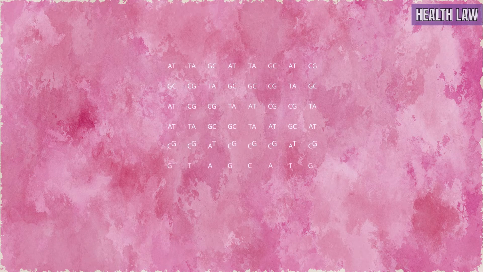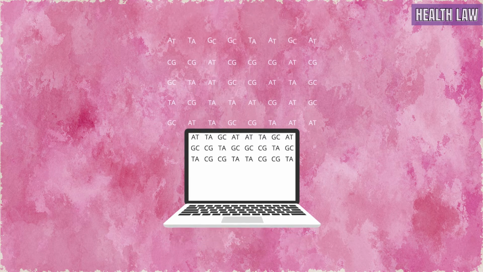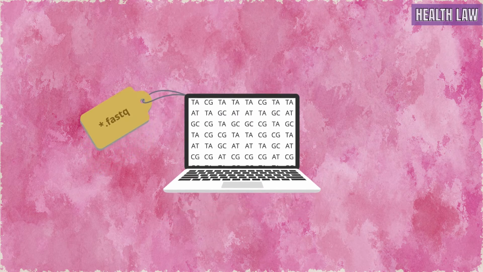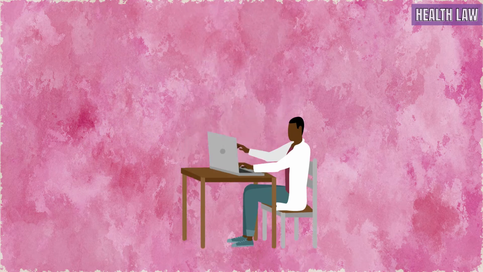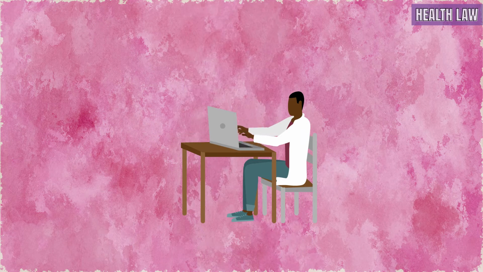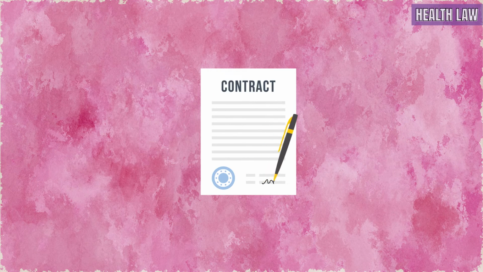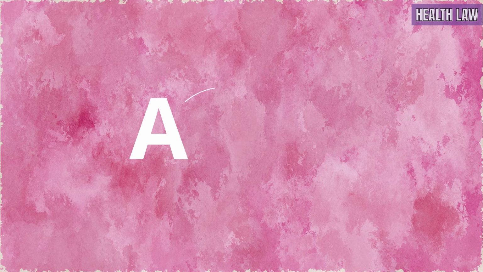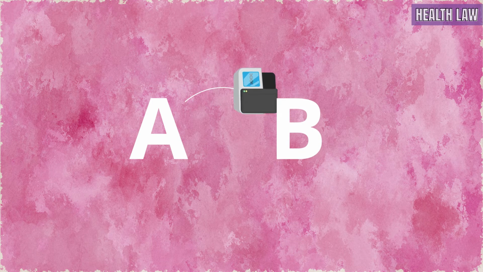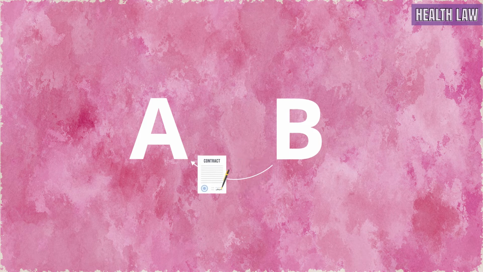Note that ownership is not vested in the personal genomic sequence data in the abstract, but in a specific instance of the personal genomic sequence data. Clearly, the sequencing laboratory is in the best position to take effective control of the data. However, the acquisition of ownership can also be arranged through contract. Accordingly, University A can outsource the sequencing to company B, but agree that ownership of the resulting personal genomic sequence data instances be acquired by University A.